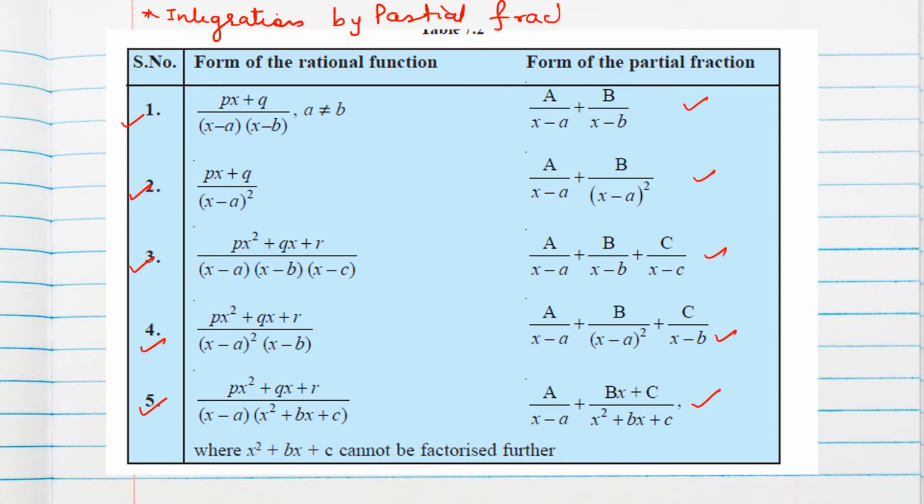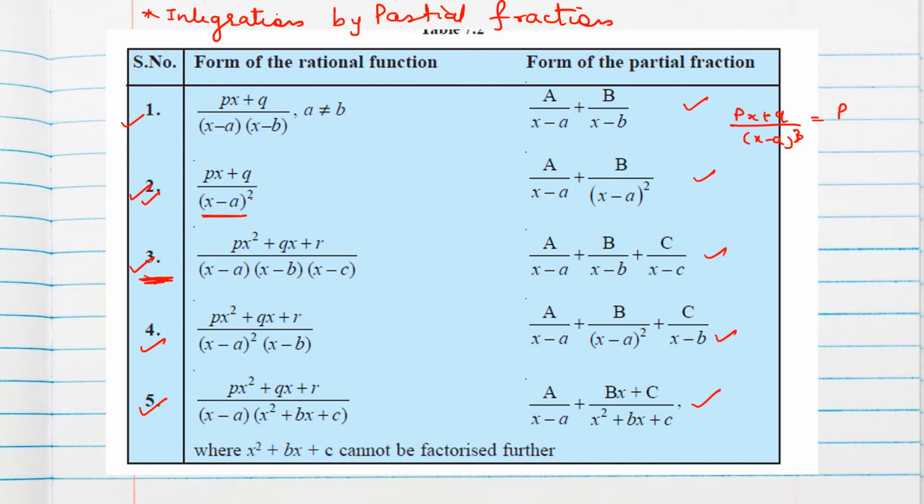Partial fraction. Okay. Suppose sometimes they will give three brackets, in the third one you can see three brackets. So you can write A by the first bracket, B by the second, C by the third bracket. Okay. Sometimes the same bracket will repeat twice or thrice. So suppose in the second example you can see x minus a whole square. So you can start with the first power and end with the power given in the question. Suppose (px plus q) by (x minus a) cube is given.